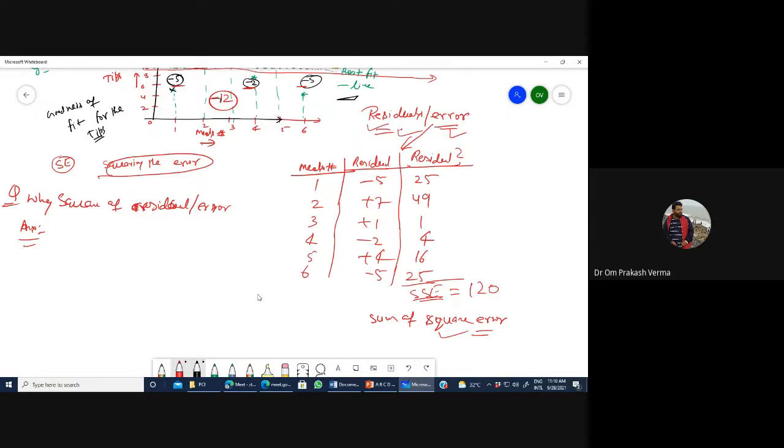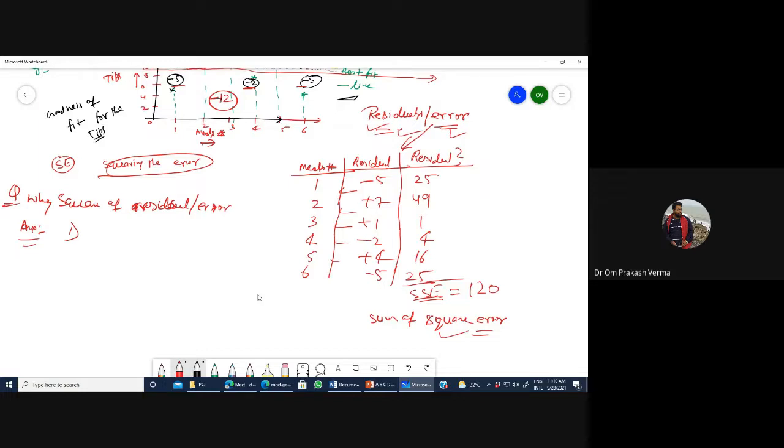Anyone? Okay, let's see. The first suitable answer is, you have found the error either in the positive or in the negative. This is the negative error, this is the positive error, like that.